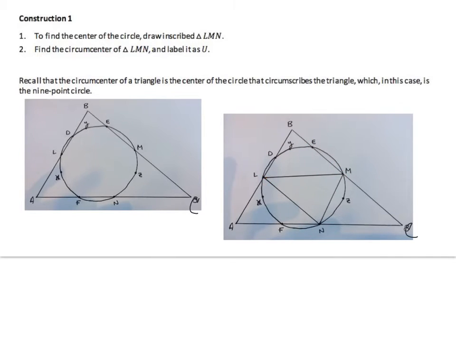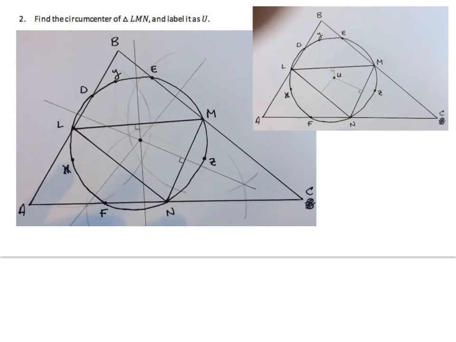So we're trying to find the center of the circle, and to do so we find the circumcenter of triangle LMN. So let's go ahead and do that. Find the circumcenter of triangle LMN and label it as U. To do that, we find the perpendicular bisector of each side. Perpendicular bisector and perpendicular bisector. I didn't mark the perpendicular. To do a perpendicular bisector,